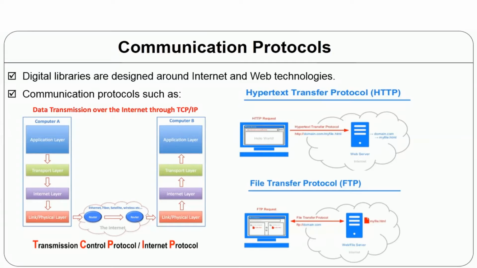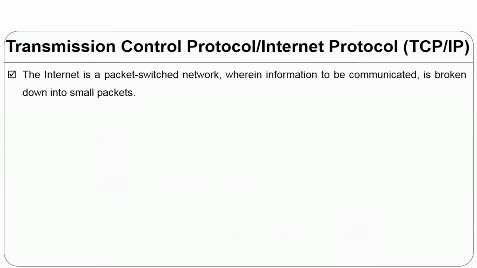This is for establishing communication between a client and a server in a digital library. If you want to share a big file from one location to another, you need to connect to each other, create a channel and start transferring. That is what is called File Transfer Protocol. HTTP comes as different packets, all assembled and given to you as a web page. With FTP, it all comes from one file to another file. So a big file can be transferred easily by using the FTP protocol. Now look a little more in detail at Transmission Control Protocol and Internet Protocol. The internet is a packet switched network.